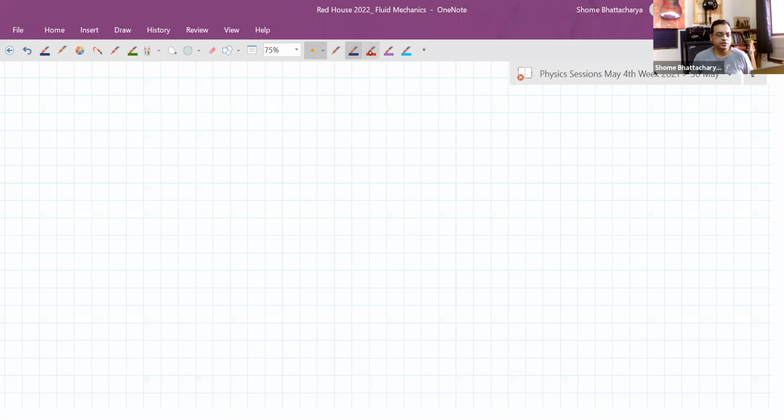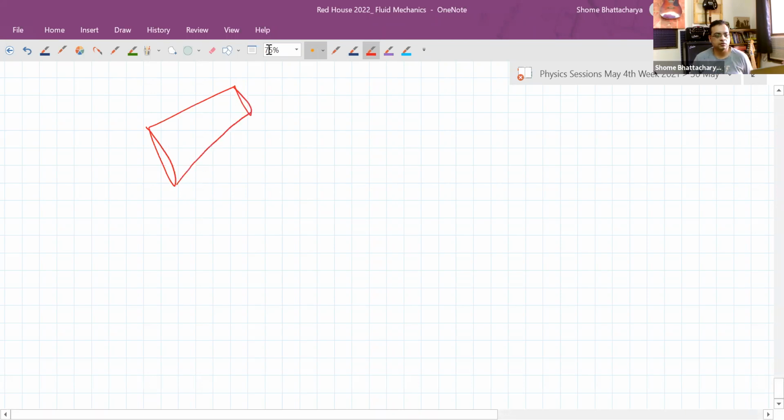Okay, so once again, if I compare the initial state of that volume element, and if I compare it with the state after some time, so this was my displacement v1 delta t, and this was my displacement v2 delta t. Now once again, if I superimpose these two diagrams,